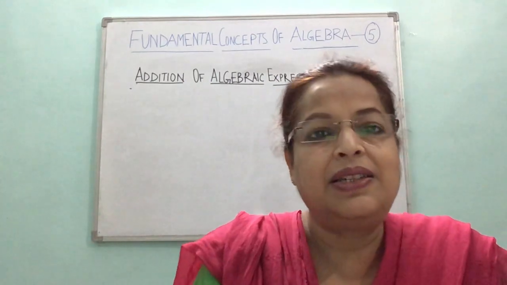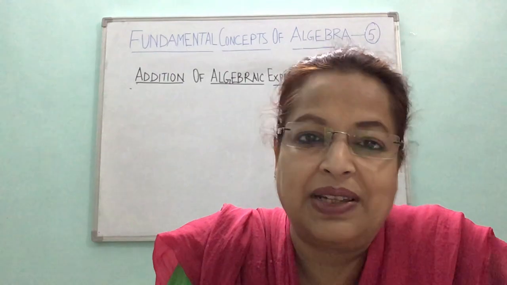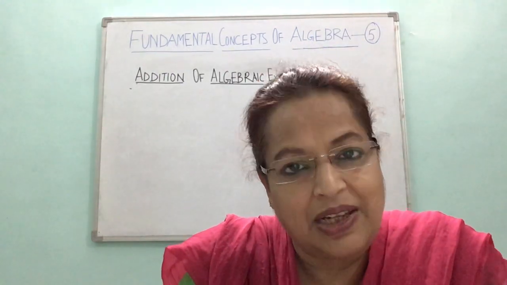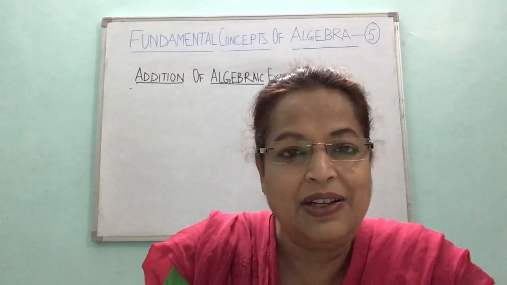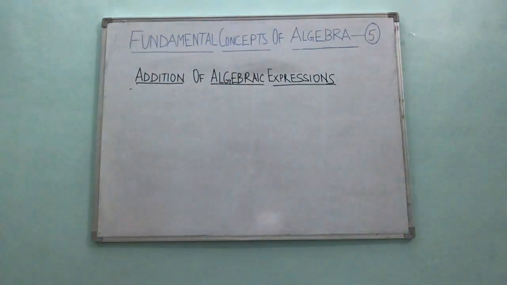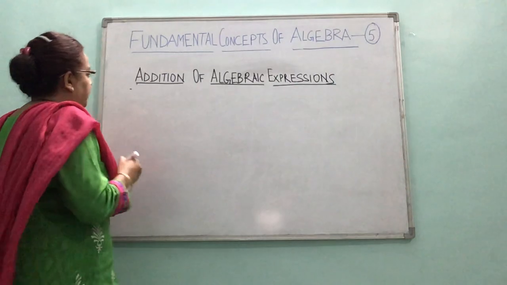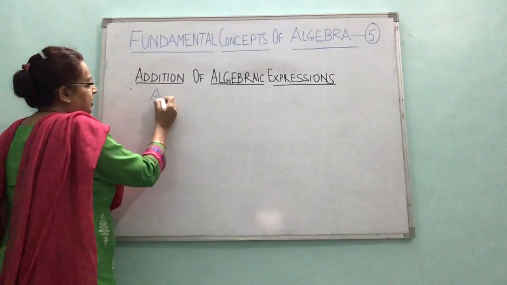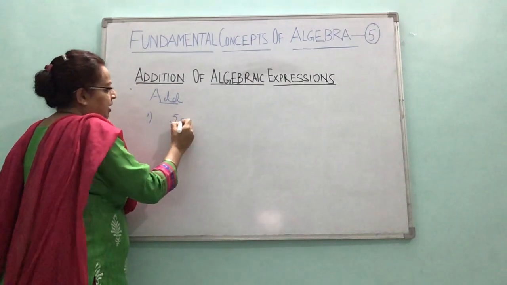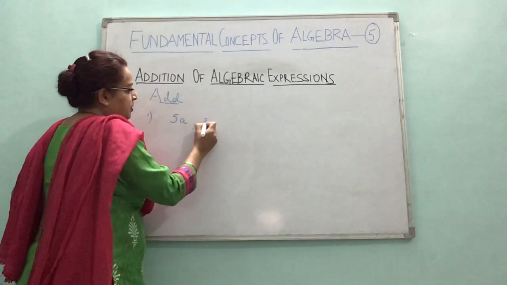So now I'll take some examples on my own and that would help you to do the questions of the exercise. First I'll take addition of some expressions, monomials, right? So the like terms which are monomials, let's start with that. I'm taking an example, the question is to add 5a, comma, 2a.